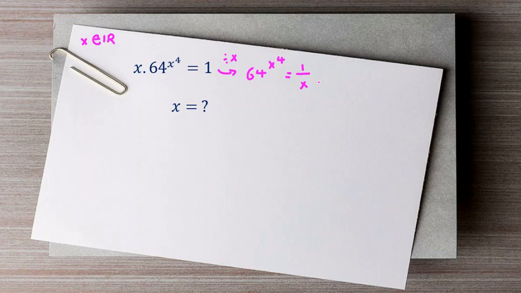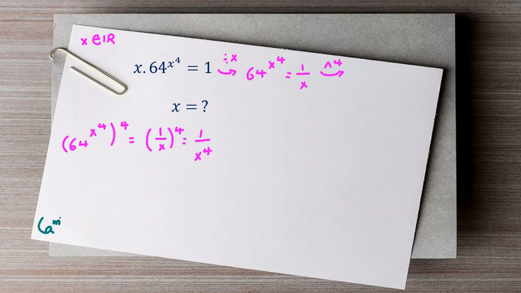Then in next part, because we have x to the 4, I want to have 1 over x to the 4, so we raise both sides to the power of 4, and it will be 64 to the x to the 4 to the 4 equal to 1 over x to the 4. In next step,